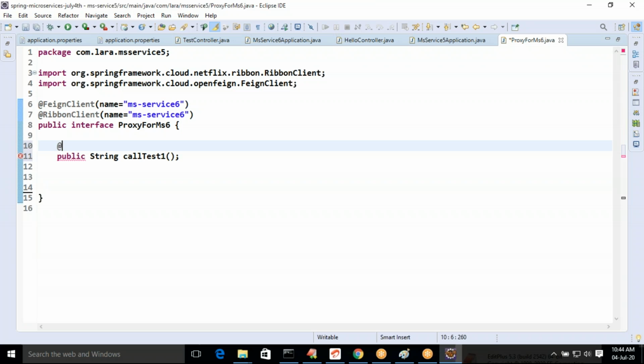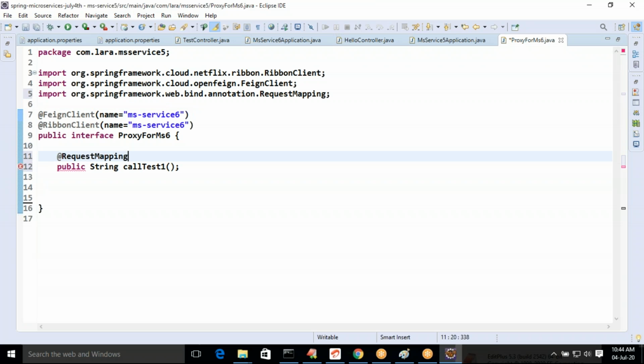Go for request mapping, path is equal to slash test1, method.